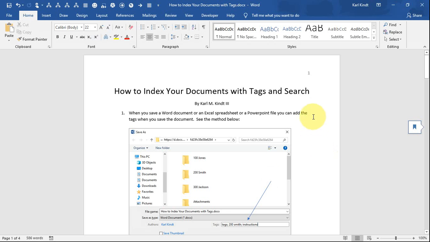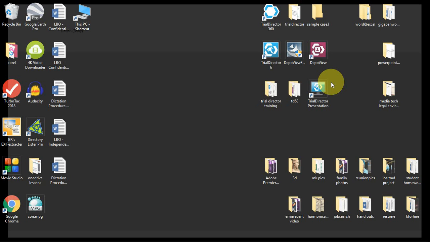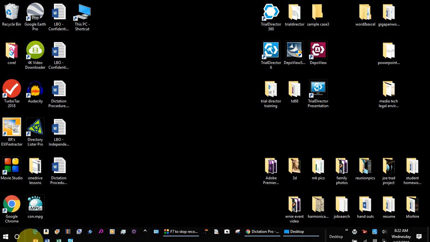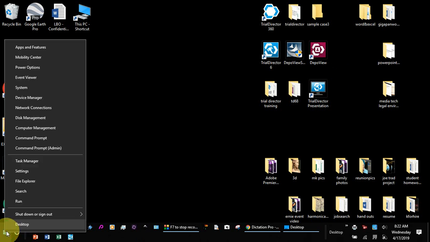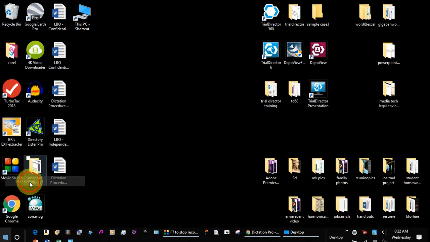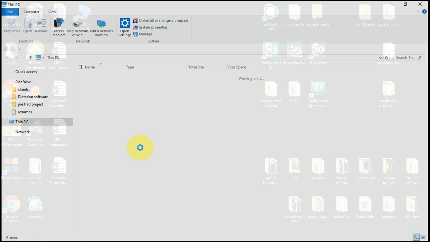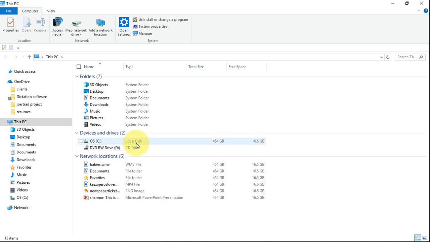Now let's say we wanted to search for that document. All right, so I'm going to go ahead and close out of this document now. And I'm going to come over to my window here and pick File Explorer. So I right button click there, pick my File Explorer program, and I want to go to my OneDrive, and